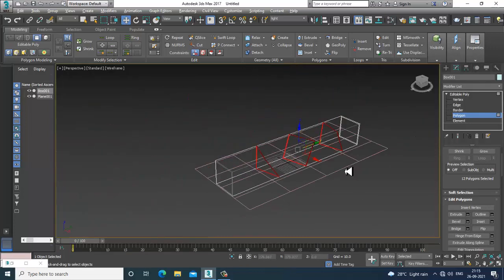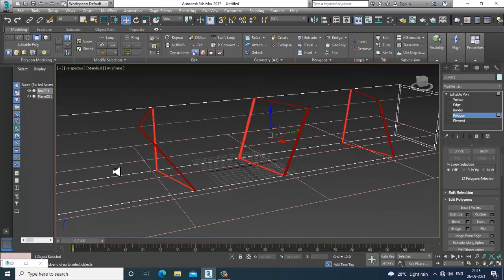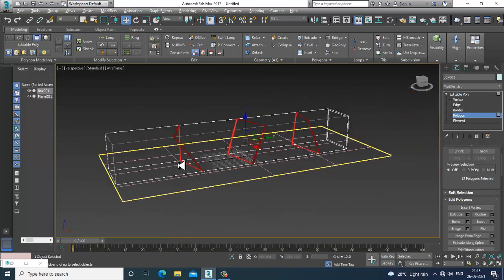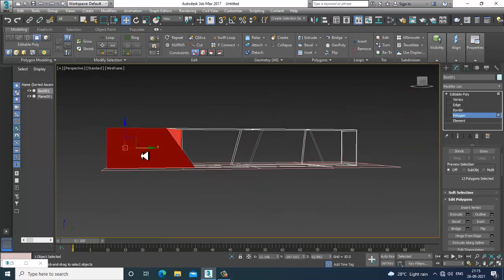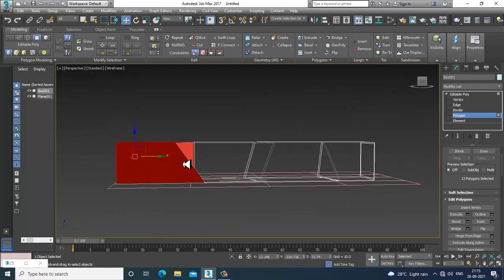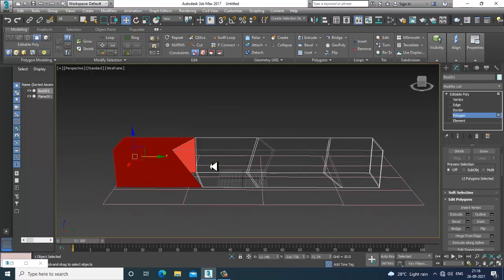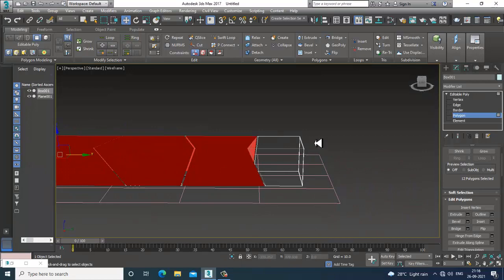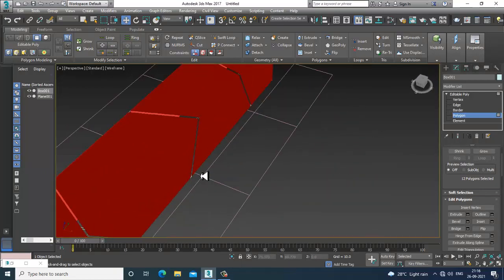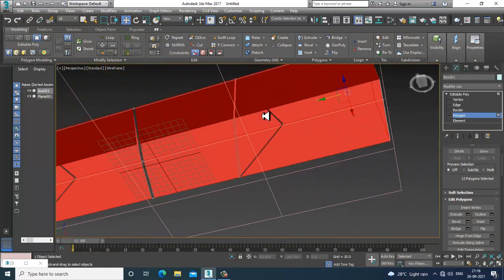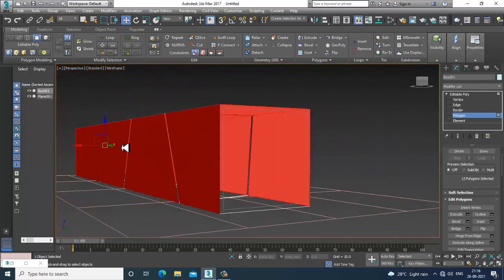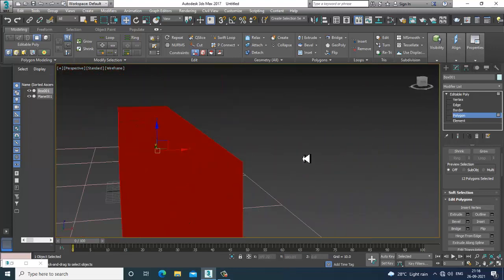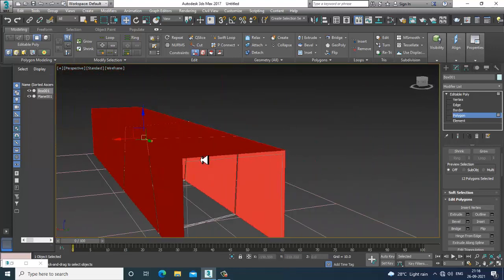Okay, now select the whole thing. So I'll just select this, this and this. Except that element, and also this.